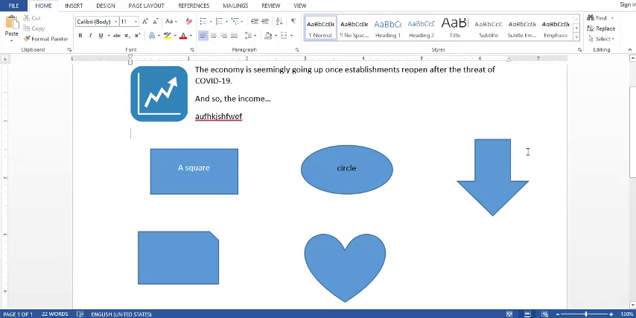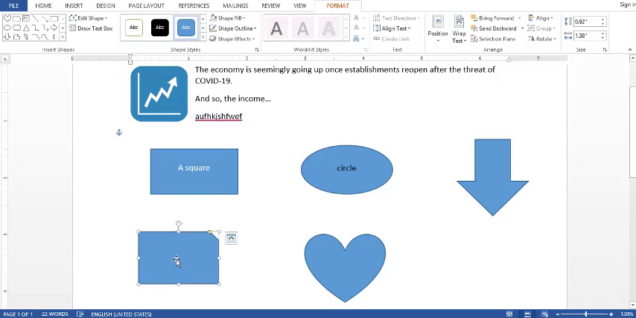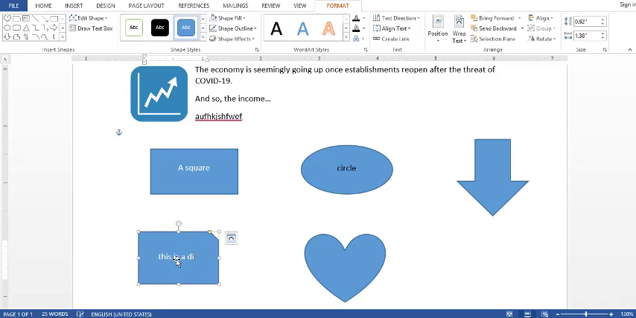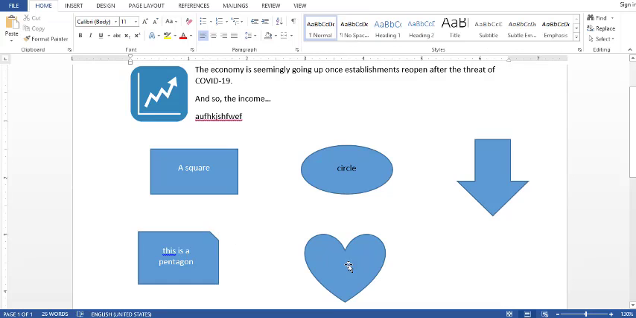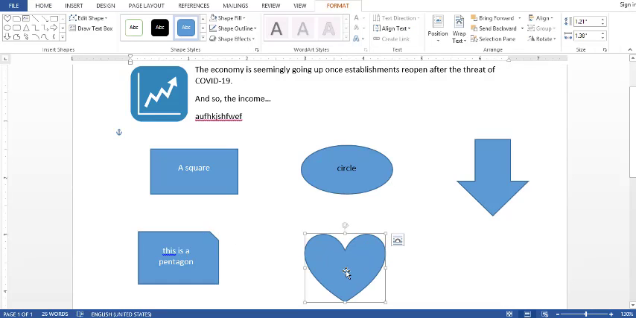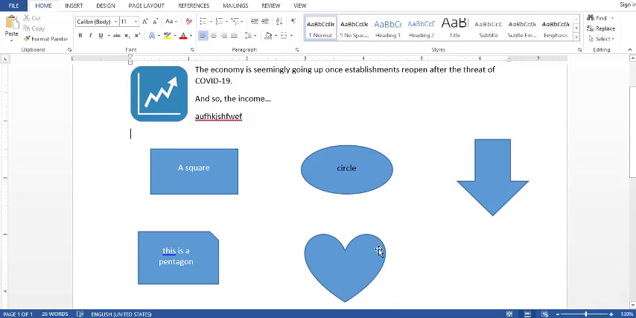Pero kayo ngayon, it is automatic. Just double-click inside and then write. Okay, this is actually a pentagon. How about 1, 2, 3, 4? Yeah, this is actually a pentagon. Ano? And this is a heart. So, easy, no? Unlike hindi mo na kailangang napapansin ko kasi sa inyo, sa mga modules ninyo, pag merong mga